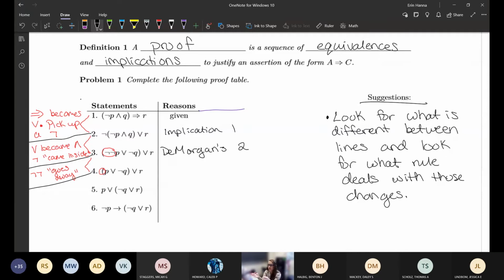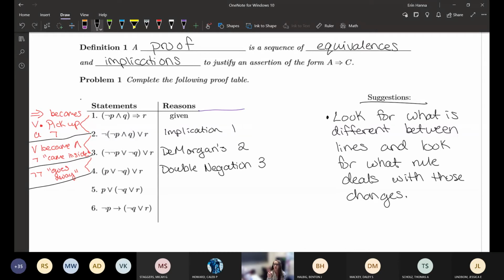If we look over at our rules, what's the only thing that deals with negations and quote unquote making them go away? The only one that has 2 negations is the double negation. And since that's the only one that only deals with negation and nothing else, that's going to be our right rule. So this is going to be double negation